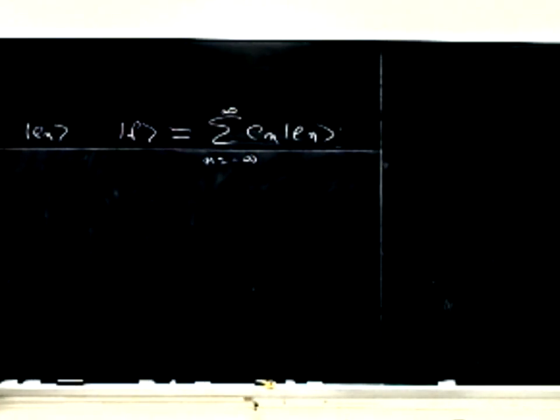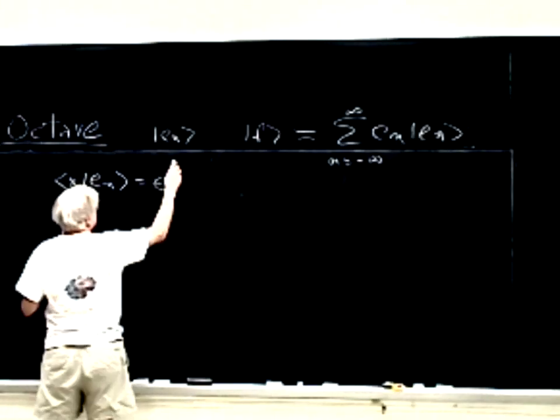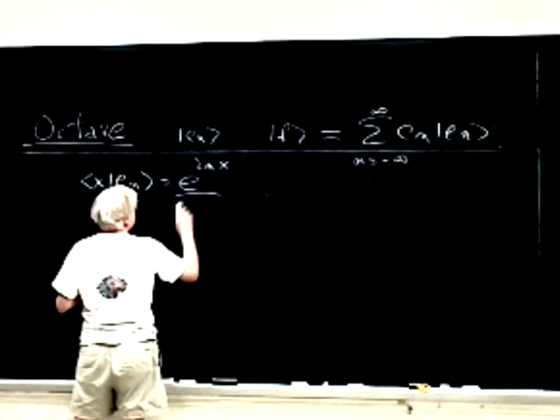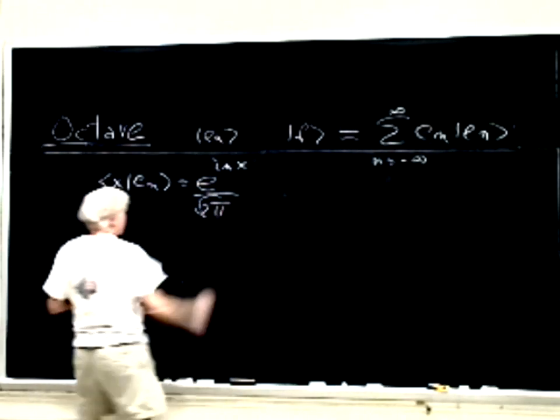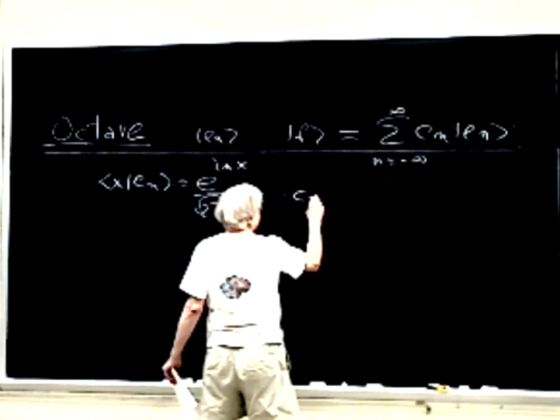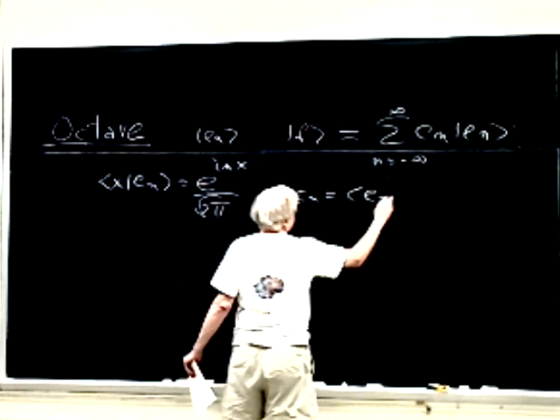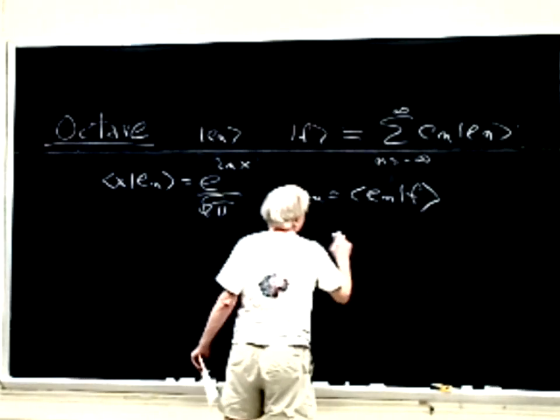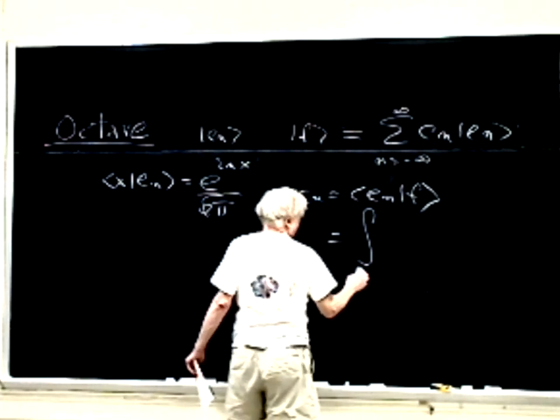The inner product of x with En is e to the i n x over the square root of 2 pi. And then the coefficient Cn is just the inner product of En with f, which is the integral from